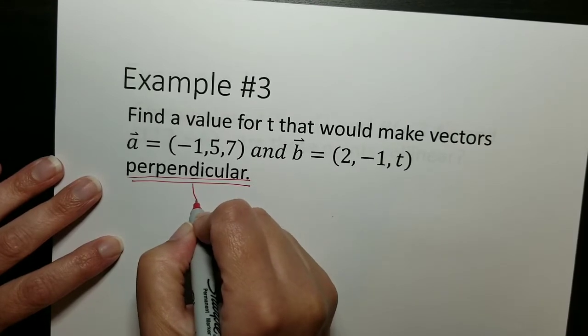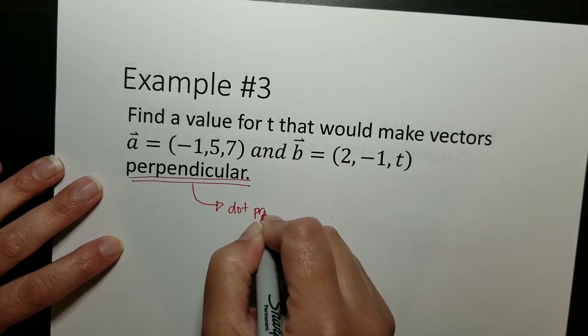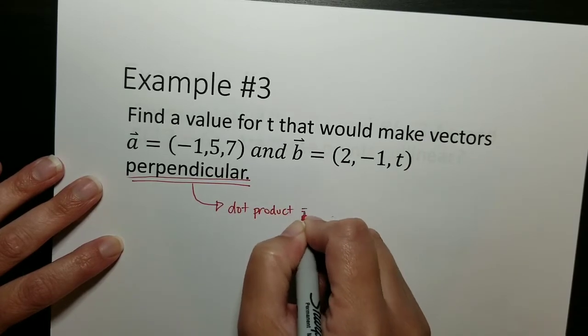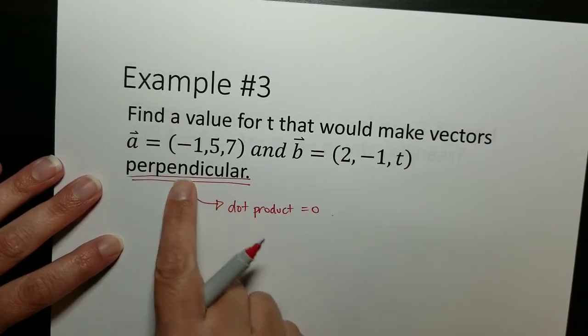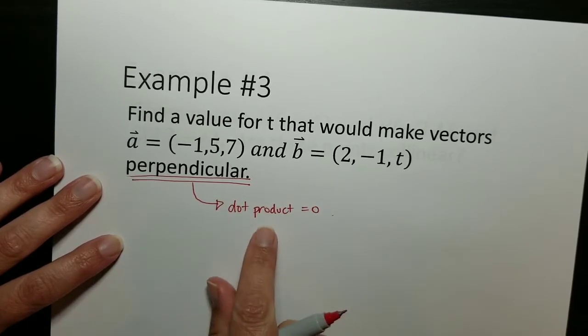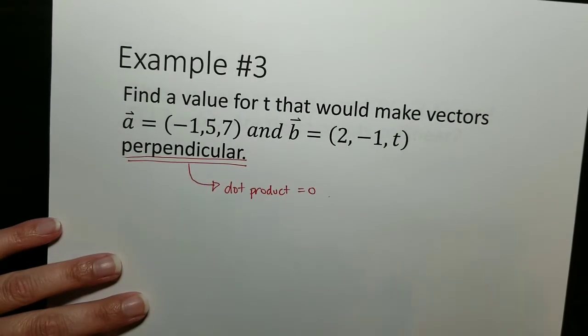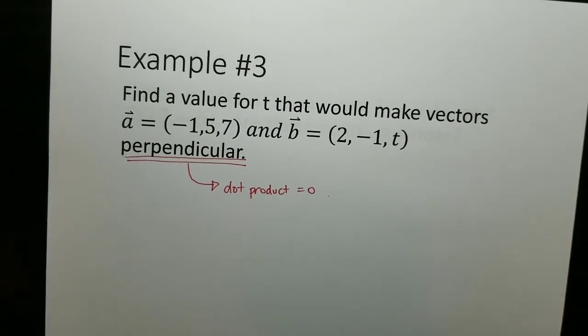The minute you see a perpendicular vector, I want you to think dot product equals 0. That's the most important connection in dot product that you can make. If you see the word perpendicular, your first thought should be dot product is 0. So we can just go right from there,